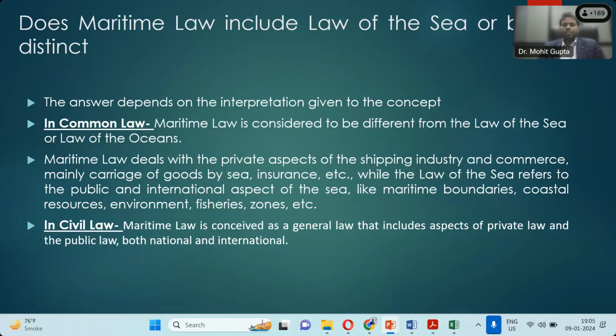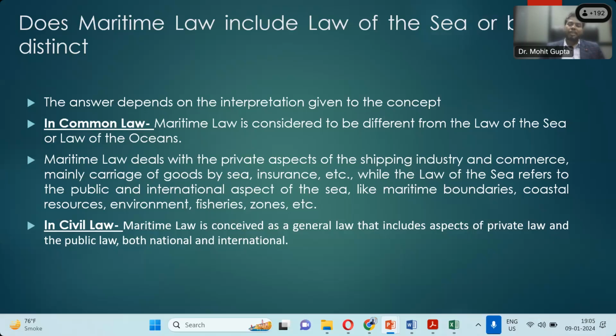So in civil law countries, the term maritime law includes both the law of the sea as well as the core private aspects of maritime law. Now, when it comes to India, at Gujarat Maritime University, where I am teaching, we offer an LLM in maritime law, and we teach law of the sea, because law of the sea is very important for understanding